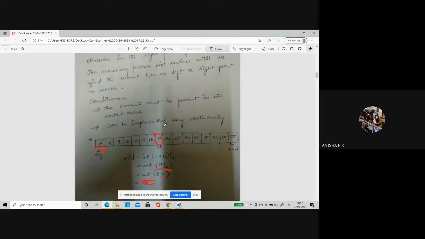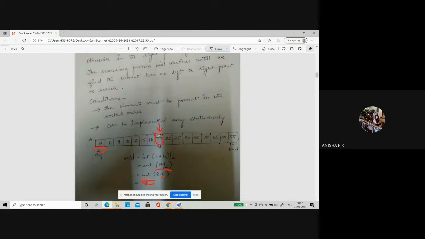First, you compare the element to be searched with the middle element. You go directly here rather than searching anywhere else. You will not waste your time. Like in the previous case, in linear search, you were wasting your time comparing 45 with 4, 45 with 6, 45 with 9, 45 with 10, then 12, then 15, then 16. All these things you used to do. Now you will not do all this trouble. Directly you will compare 45 with the middle element. Clear?